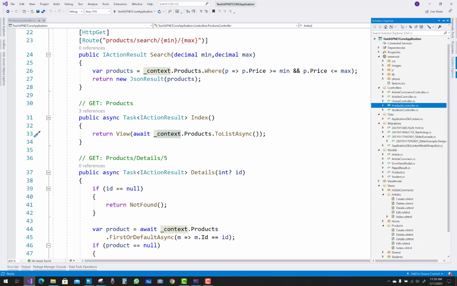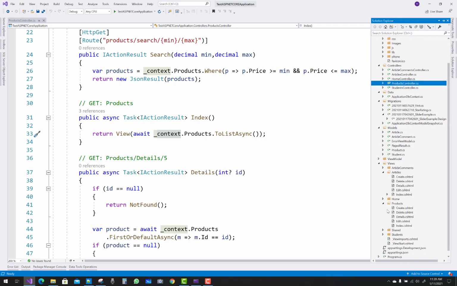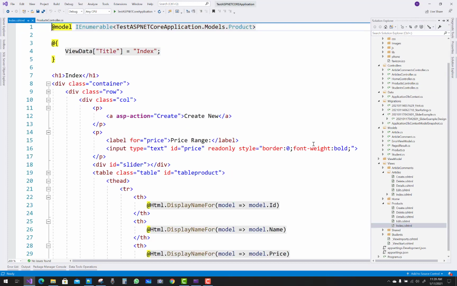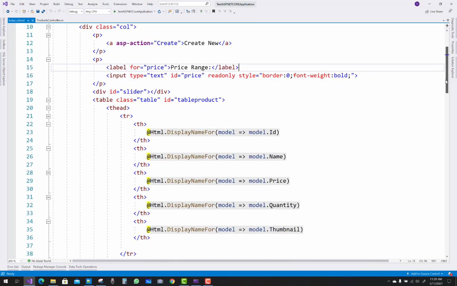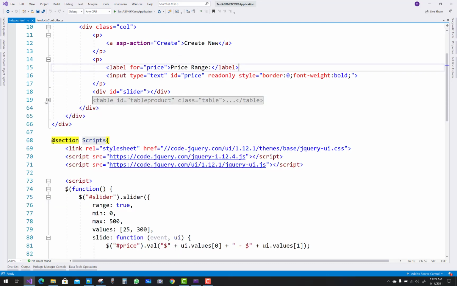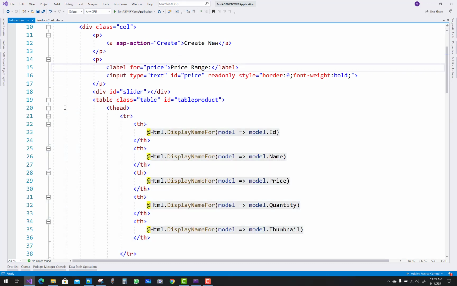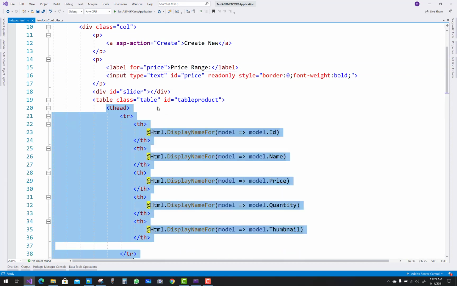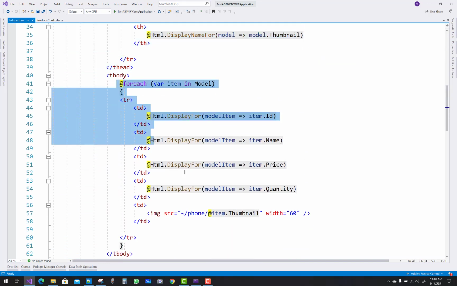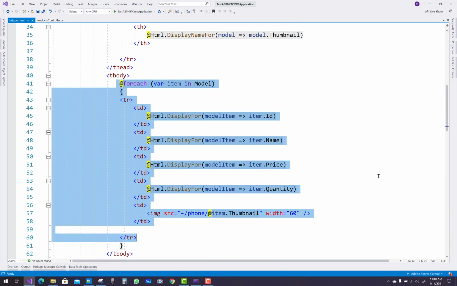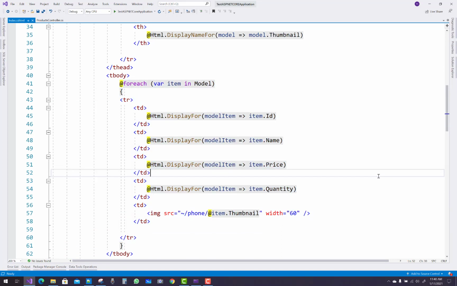After that, you have to generate the respective view, Index.cshtml, under Products. When you scaffold your view, the code will be there: the labels ID, name, price, quantity, and thumbnail, and the data from the database.